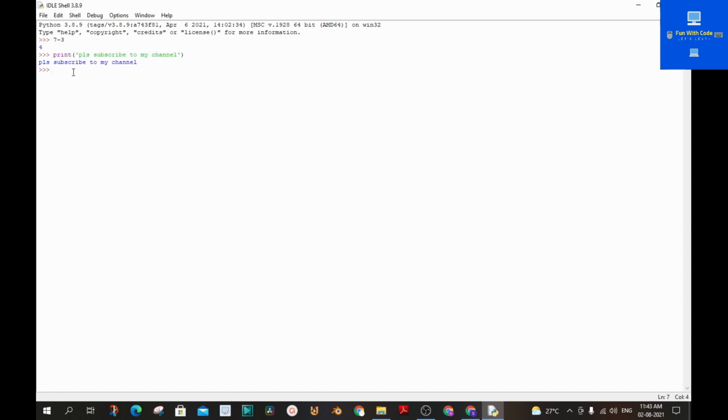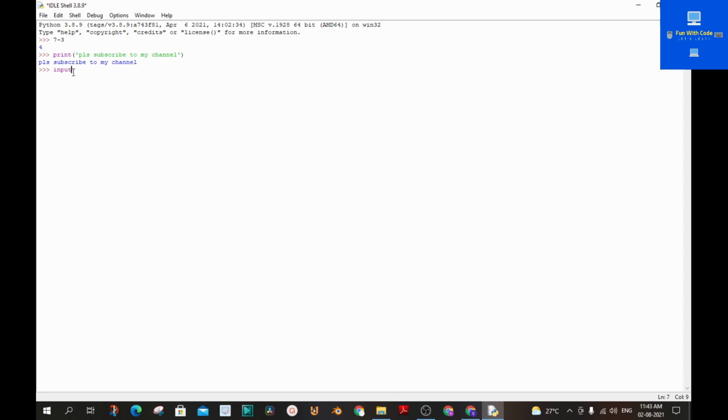So now let's see the second function of Python. The second function is the input function. What the input function does is it allows us to take the input from the user.